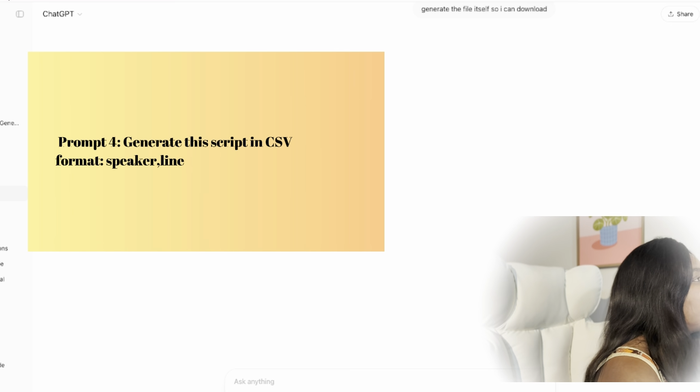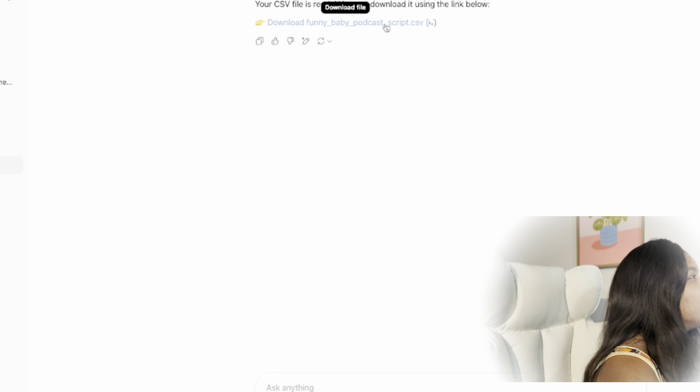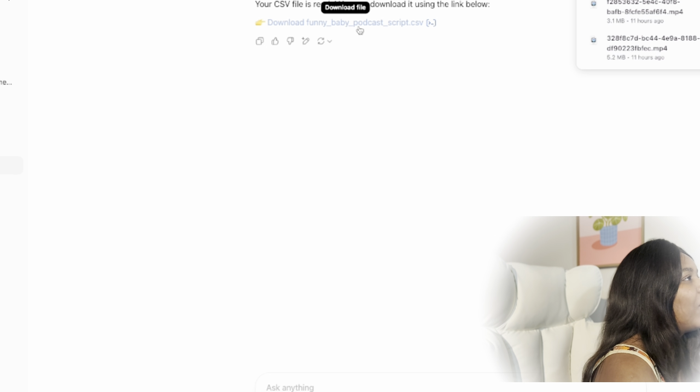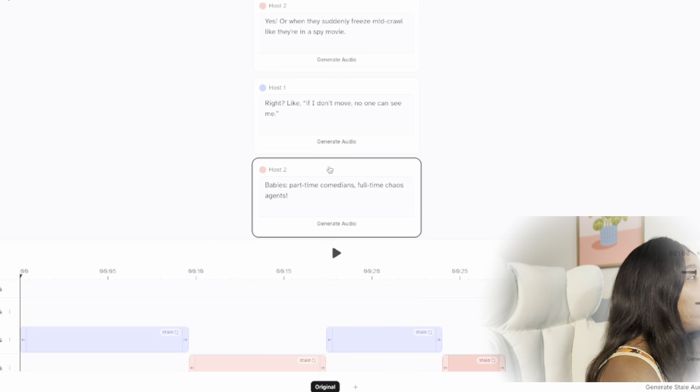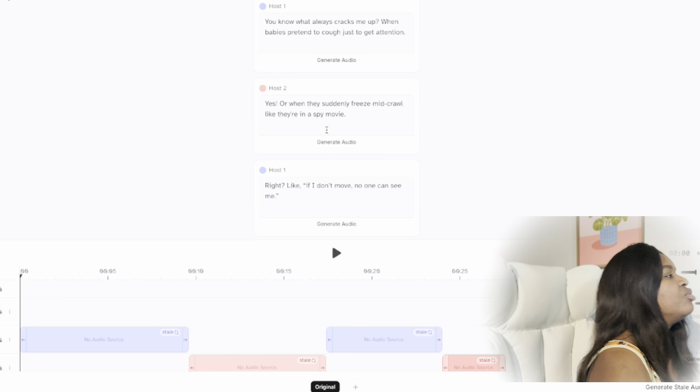Okay, so my CSV file is ready for me to download. So all I'm going to do is click on download. Now I have downloaded this file onto my computer. So all I have to do is come back into 11 Labs and then upload the file in here. Okay, so now that I have the file uploaded in here, all I have to do right now is, because